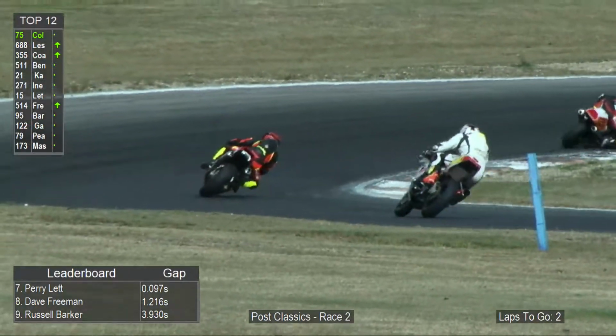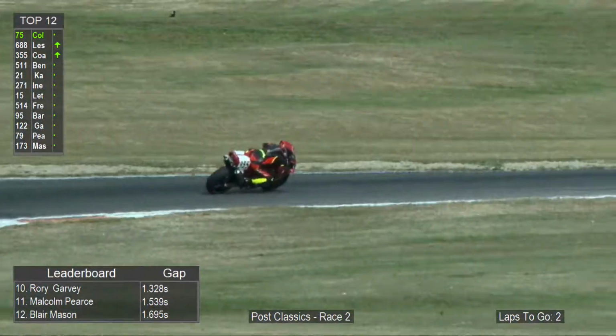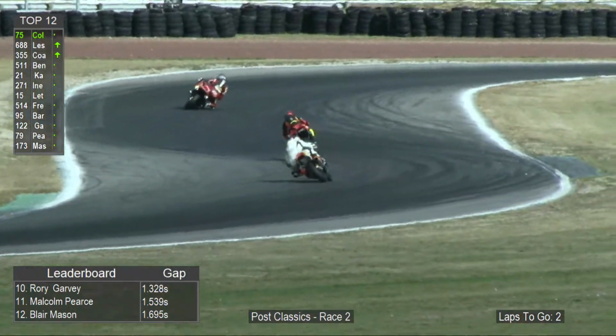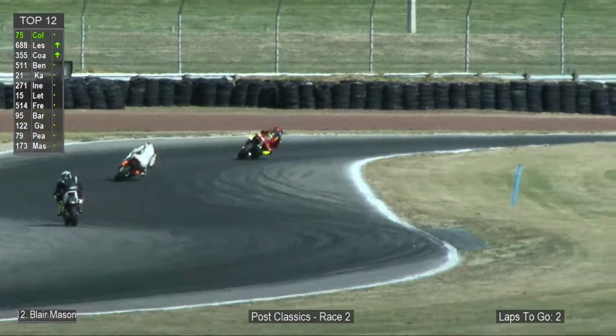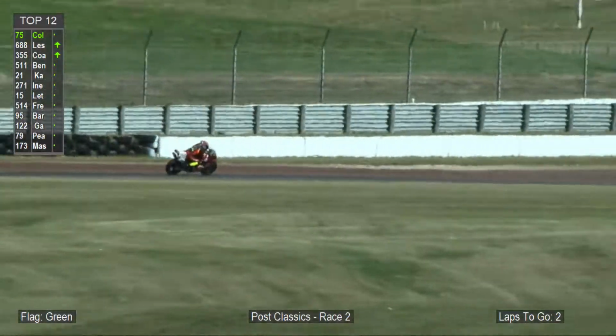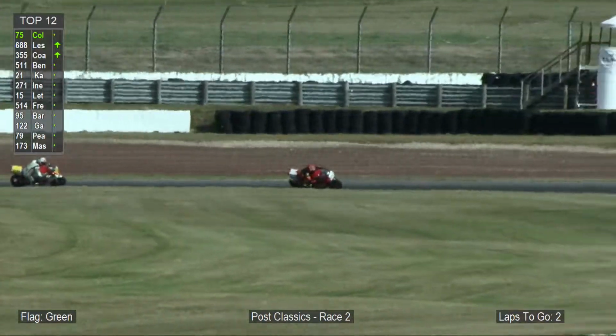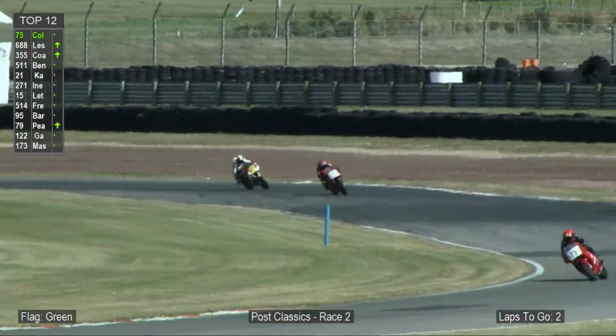Fast Eddie Kattenberg still there in fifth. Matt Ineson, we've got Perry Lett, Dave Freeman, Russell Barker, and Rory Garvey, with Malcolm Pearce jumping up into the top 10 on the Choices Flooring Pearce machine. So all on here, Post Classic Racing halfway through this one, and Dave Cole 2.1 seconds ahead of anyone else